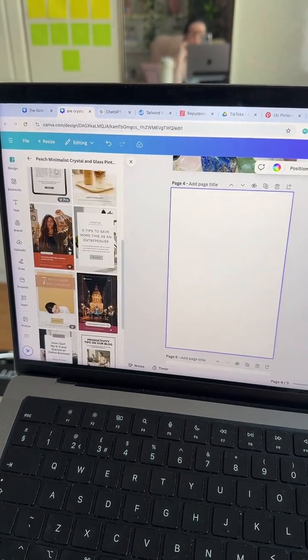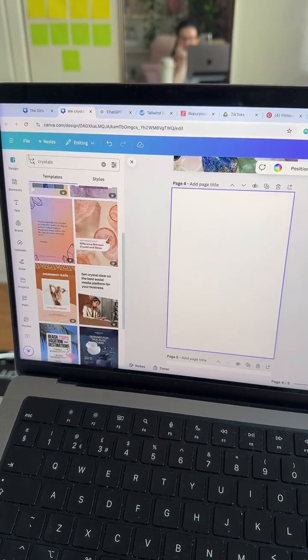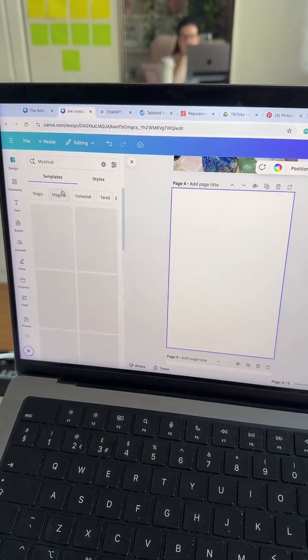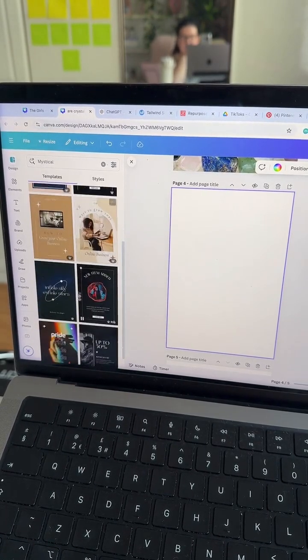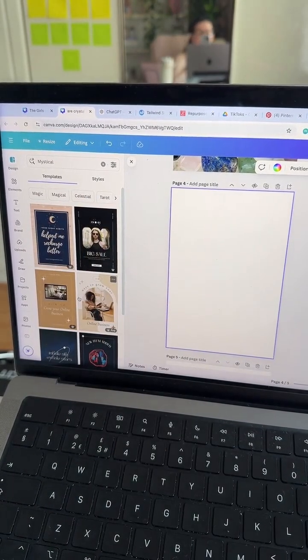Let's go and find, in the template section, let's go with mystical. See that it's giving me suggestions at the top that it thinks are related to what I searched for.